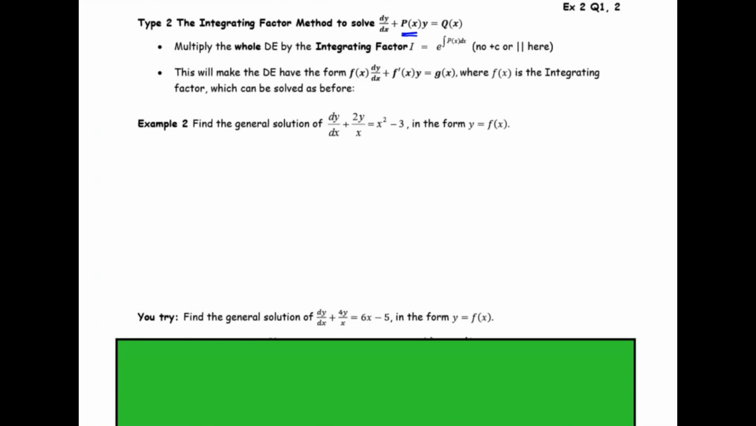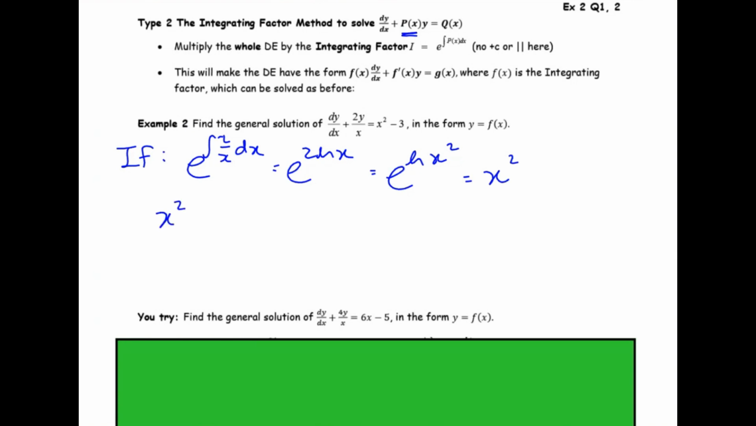So in this one, the function multiplied by y is 2 over x. So my integrating factor for this one is e to the integral of 2 over x. Integrating 2 over x gives me 2 ln x. No need for a plus c in this power of e. I can write this as ln x squared, and then the e and the ln cancel out and just give you x squared. This is my integrating factor that I multiply everything through by, so I'll get x squared dy by dx